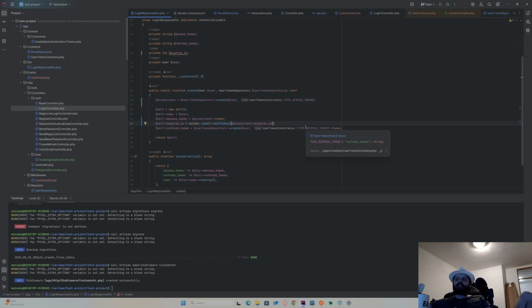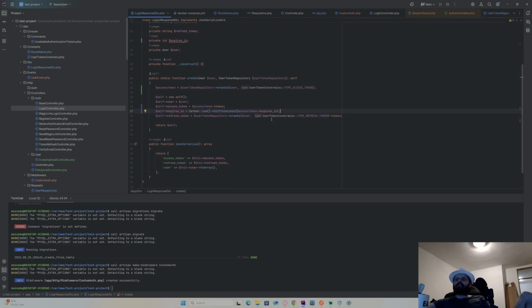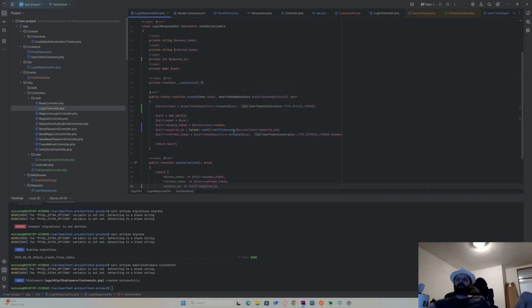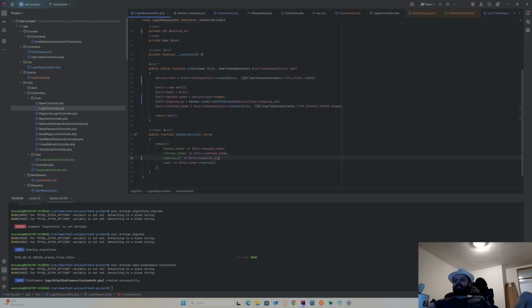So this is in days, so I wanna get minutes. I need to go from 60 to 24 to hours. Let's go diff in... Actually, I can do diff in seconds. Why am I thinking like this? Yeah, actually, I need to go diff in seconds. So this is gonna go like seconds. Seconds is basically the standard way to return expires in. So I just do it like this while I'm thinking about it. Okay, so this is it, and I have now my refresh token, and now to serialize, I just need to return expires in, and now let me see.